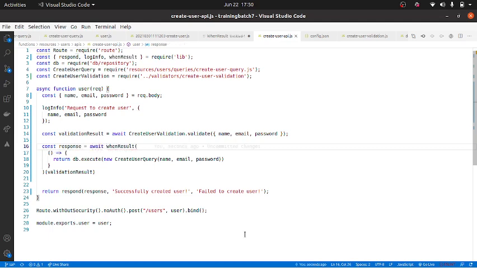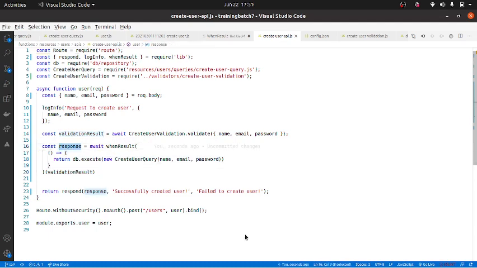Then the error gets passed down to the response in the first function. So whatever error was here, it will get passed to this guy. So whenever the result is successful, execute this method and return the data back. Whenever the validation result is failure, don't execute this method and return that error message back as it is.